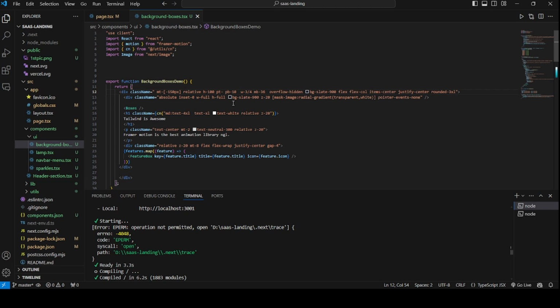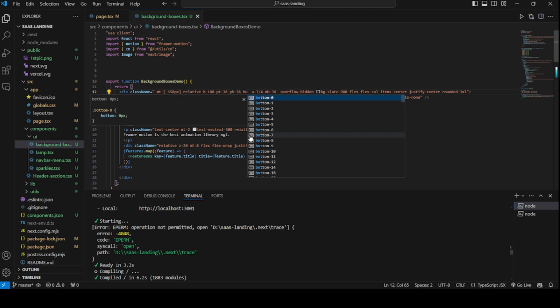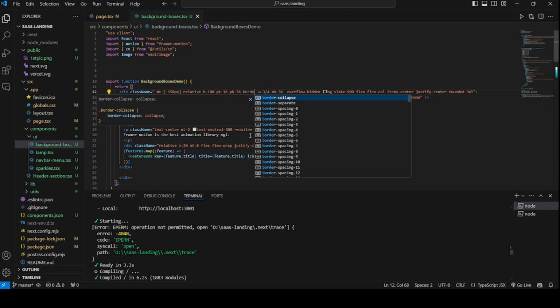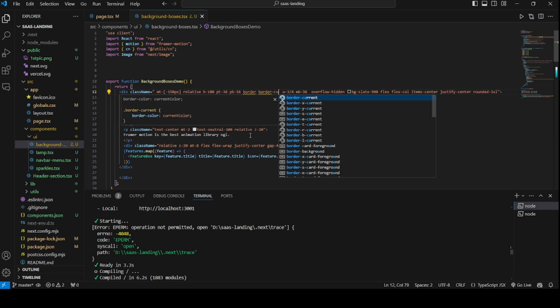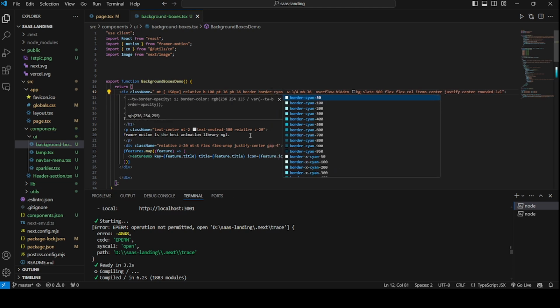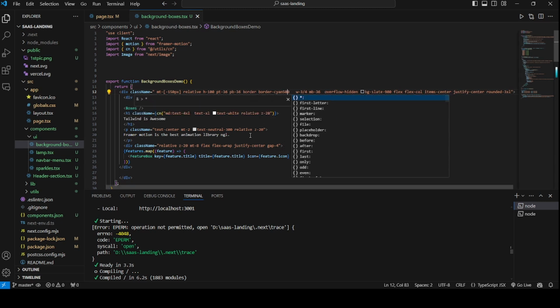So I will be giving some padding top and bottom. I will give padding top as 36 and padding bottom as 36. And I want to give it a border. So border, then again border. I'm going to give it cyan 500.